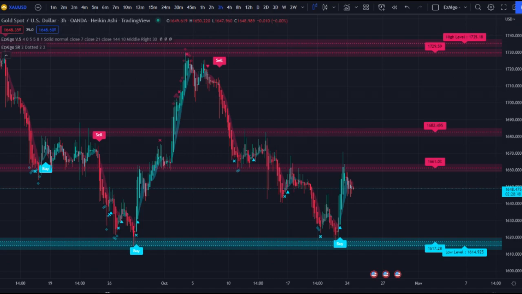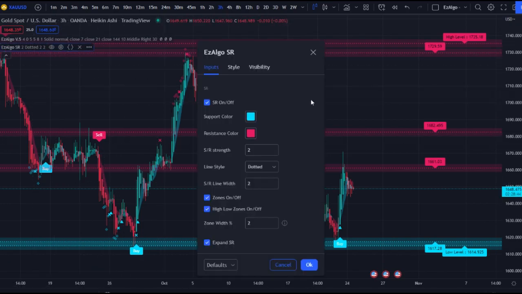Before we had SR1 and SR2. In the new update, we only have SR, so we don't have any SR2. So I'm sure some of you guys are going to be asking, why did you get rid of SR2? That was my favorite part of the original support and resistance. Well, the honest reason why there isn't an SR2 is because of TradingView limitations. With these new levels, the code was too complex for TradingView. So they couldn't add the SR2